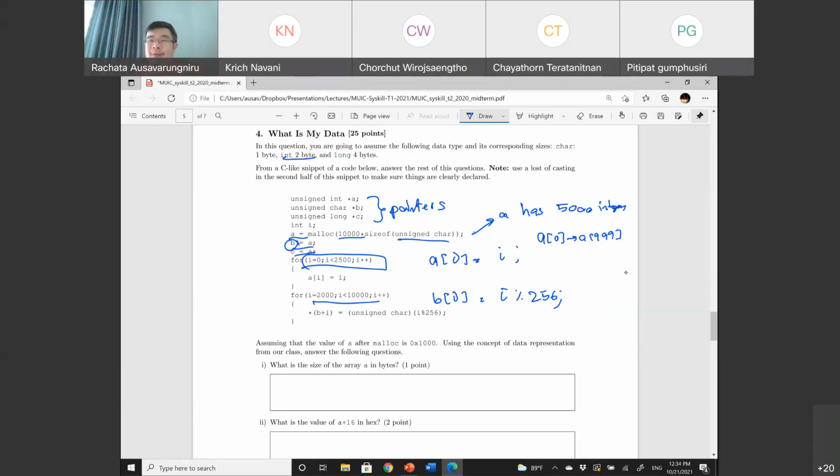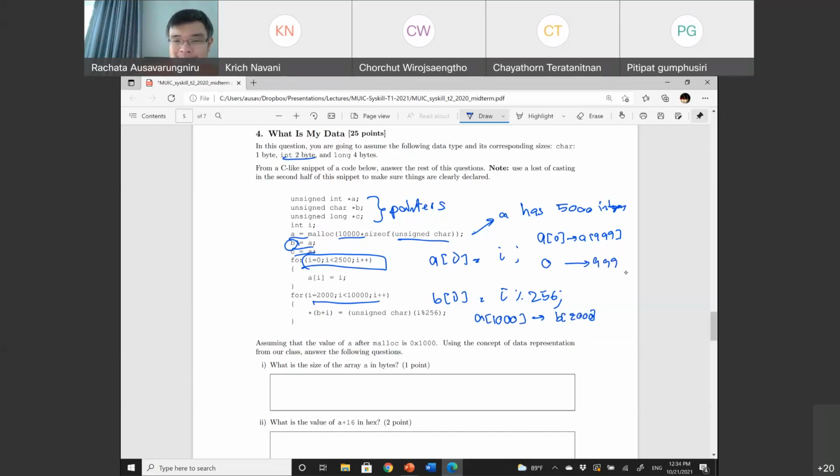If I print A0, what do I see? 0, right? So this starts from 0, and if I print A of 999, that's going to be 999. The problem is A of 1,000. This is essentially B of 2,000, right? Because B is 1 byte, A is 2 bytes.